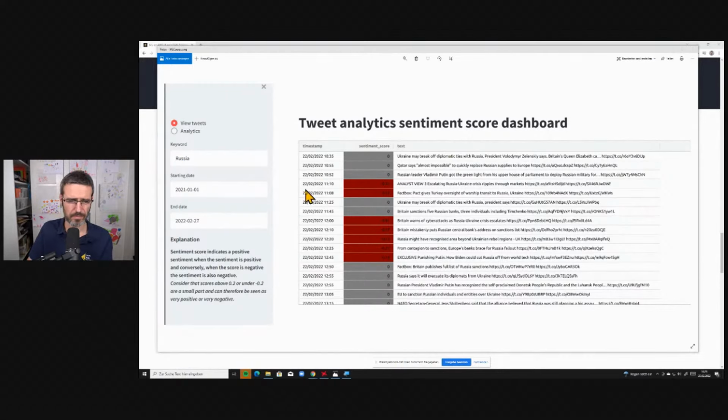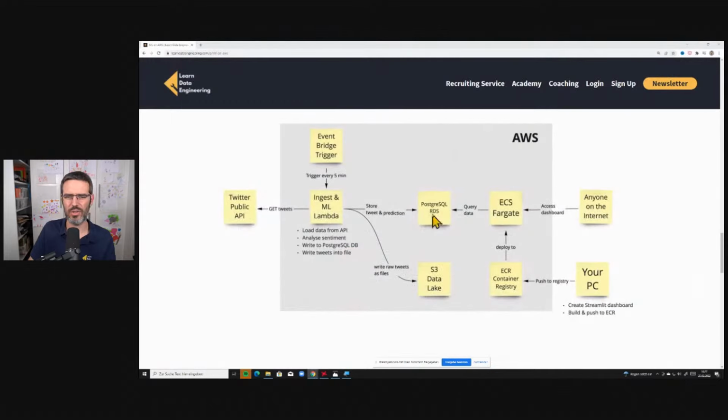Then you get gray, red, and green. Right now with Russia, it's not very green. You get the tweets sorted by time. That's something I think is really cool, and it's very simple to solve.